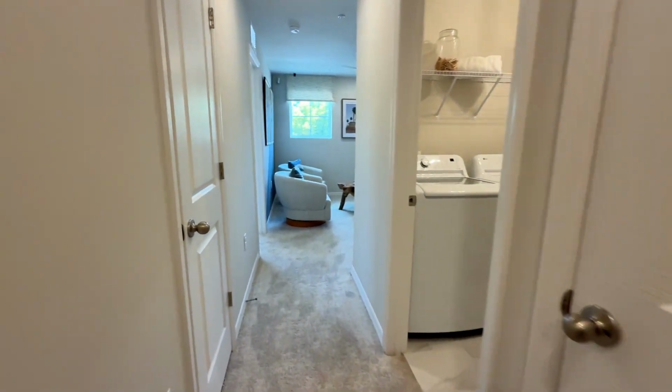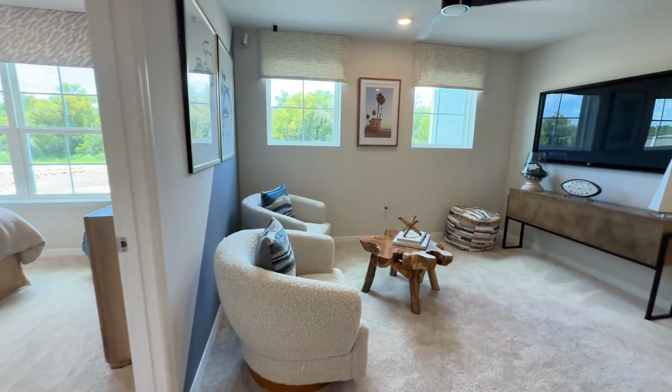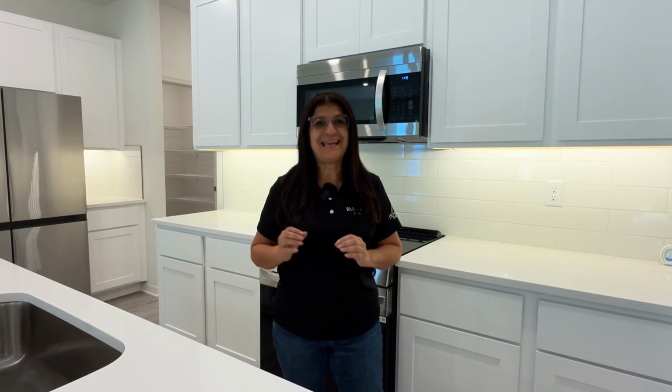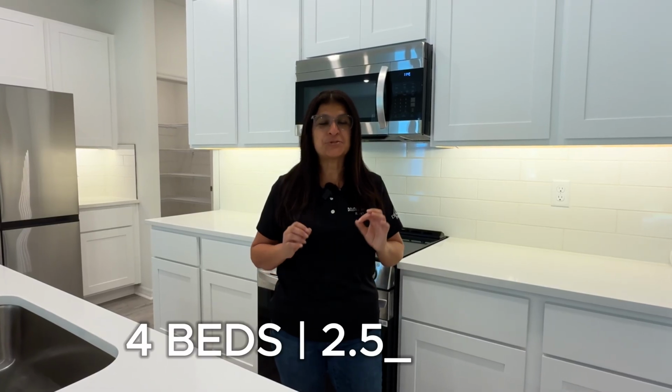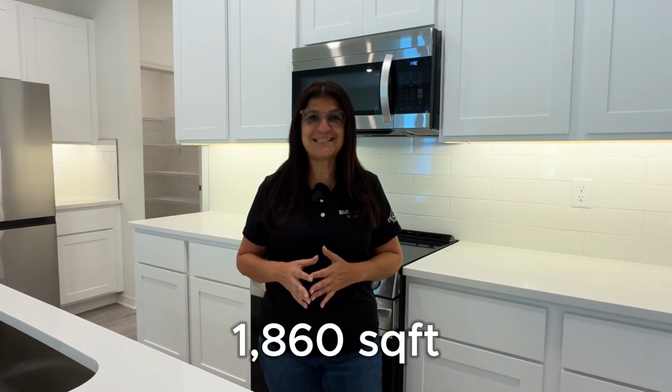And there you go. How beautiful are these bedrooms? Again, you come out, and then you have your open concept right here. You have your loft area up here. Now we're going to be touring the Hazel model, which is 4 bedrooms, 2.5 bathrooms, 2-car garage, and the square footage of this home is going to be 1,860, and the base price of this home starts at